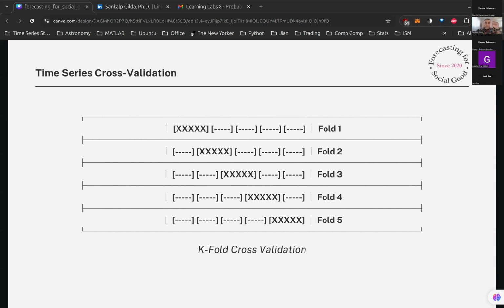Here I've shown what k-fold cross-validation looks like, and this is something we're all familiar with. However, here's the thing with time series data, it has temporal order, duh. You can't just shuffle it around like you might with other types of data, like with k-fold cross-validation. Imagine if you're trying to predict tomorrow's weather, but your model's been trained on data